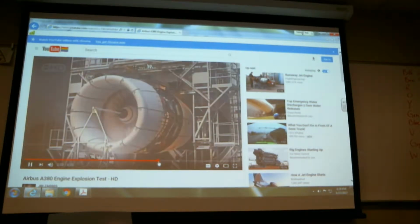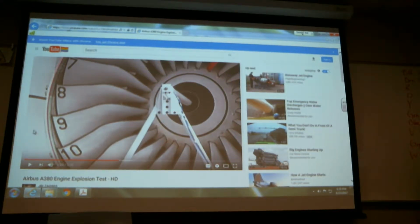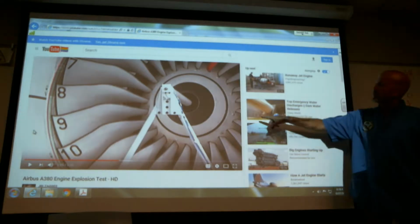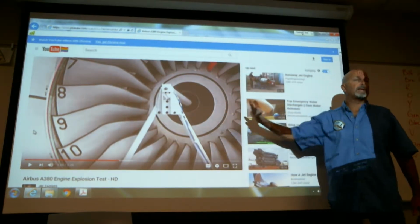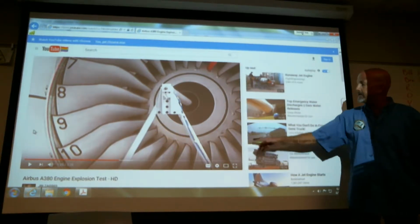This is a picture of the blades. It could eat out and destroy a pinion fan blade. So these blades generally aren't too difficult to replace, and if you're an airline mechanic, almost everybody gets a chance to replace them. They get a ding big enough,